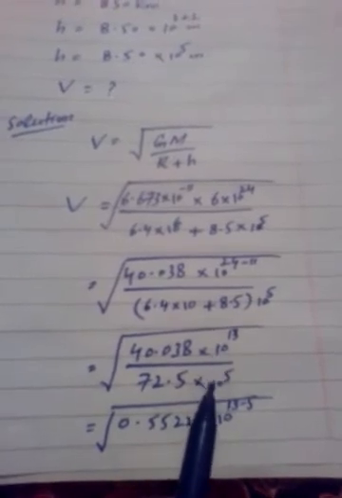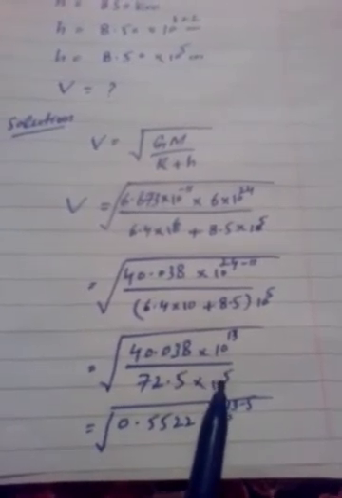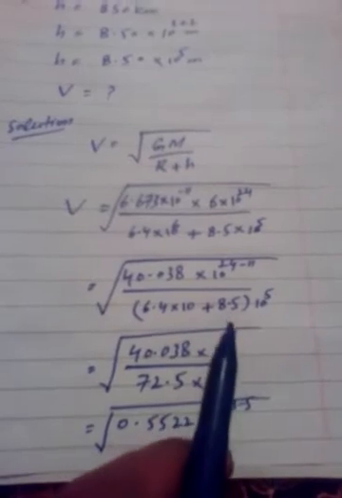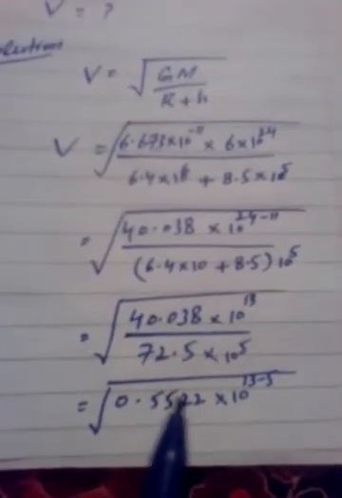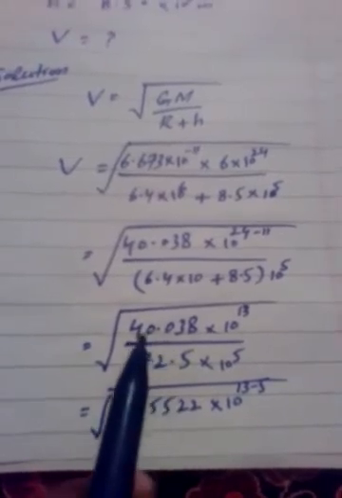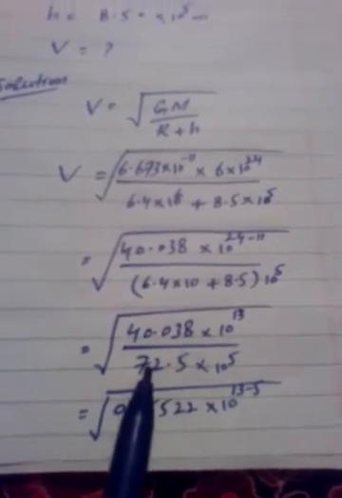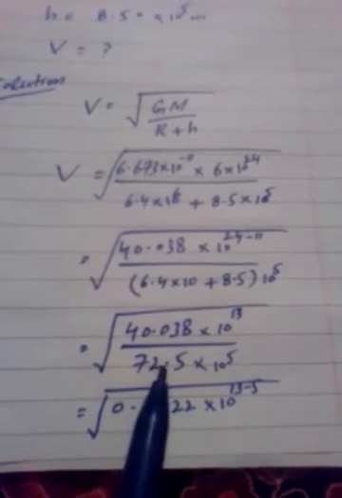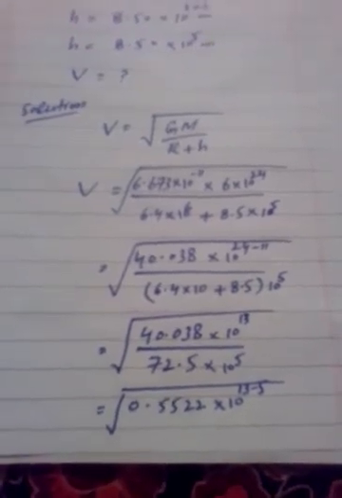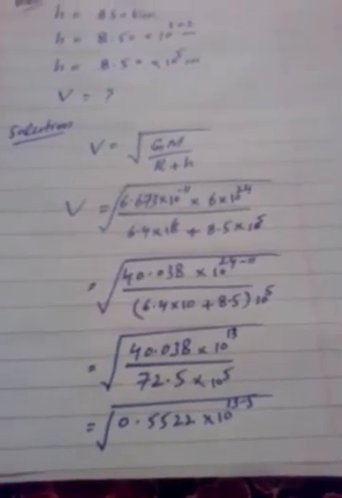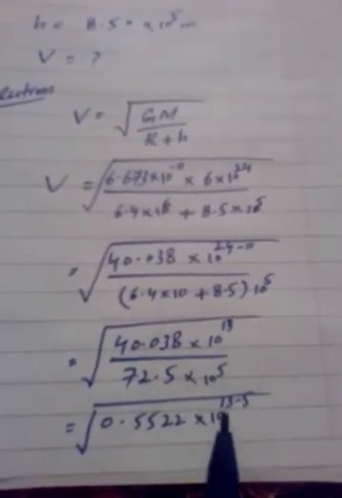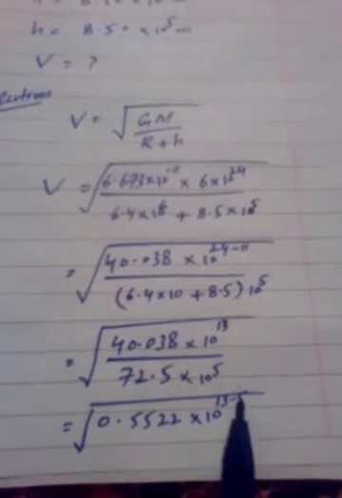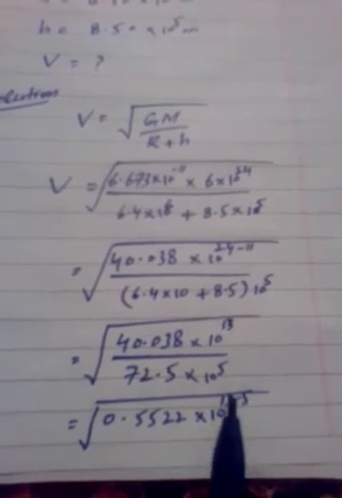We take the common base, that is 10, and 5 is shifted to the numerator, and its sign will become negative. When we divide 40.038 by 72.5, the answer will be 0.5522, and by taking the common base, 13 minus 5 will be 10 raised to power 8,